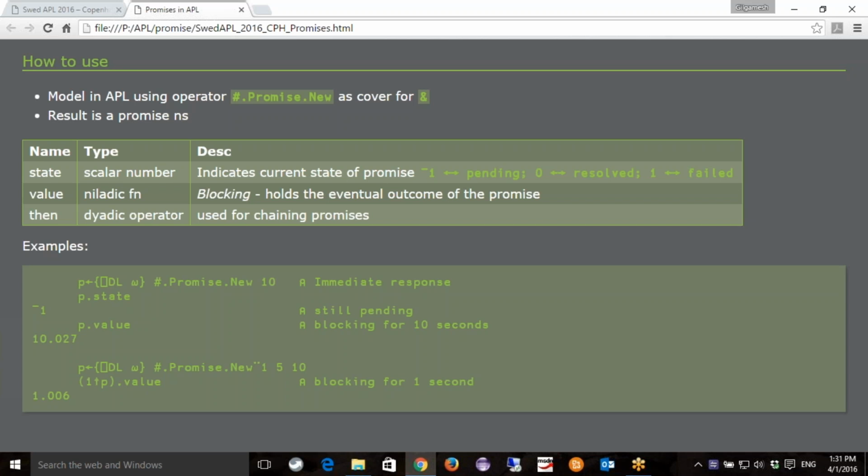And if we check the state of that immediately after calling, we get the neg1, and asking for the value blocks until it's completed. And we can apply that derived function to a vector of arguments. So 1, 5, 10, again, returns a vector of promises, which I assign to P. And if I ask for the first promise value, it will block for a second before returning that result.